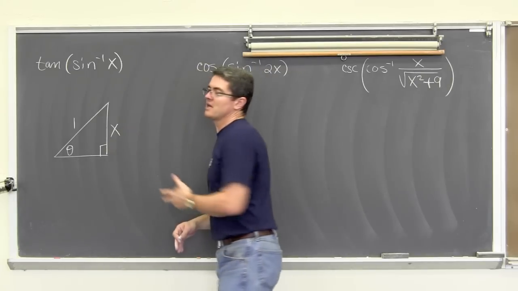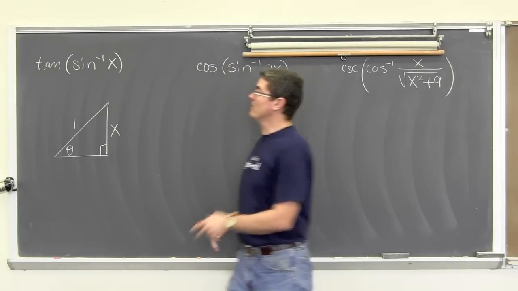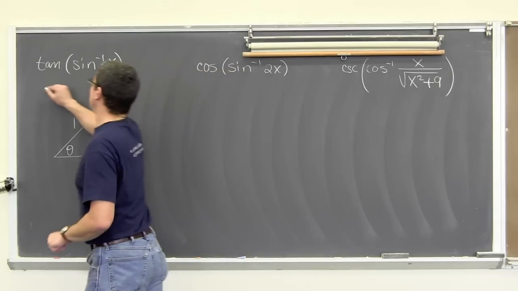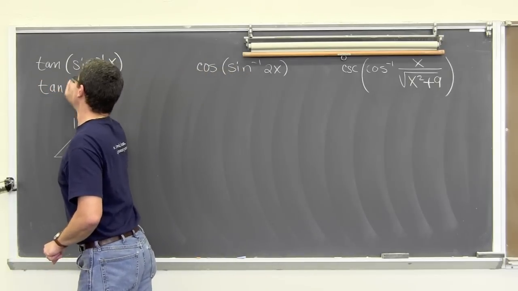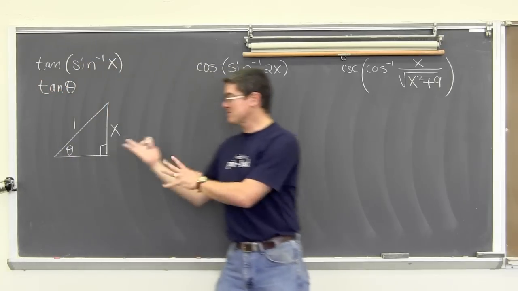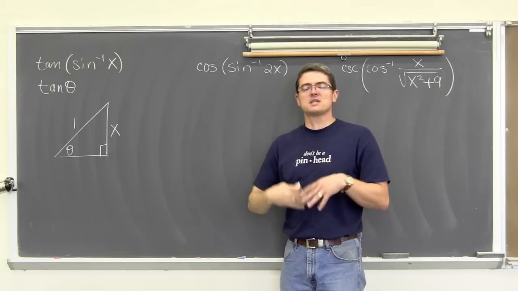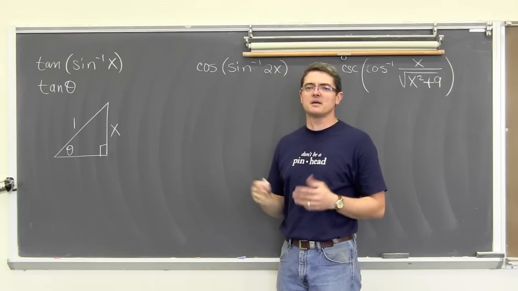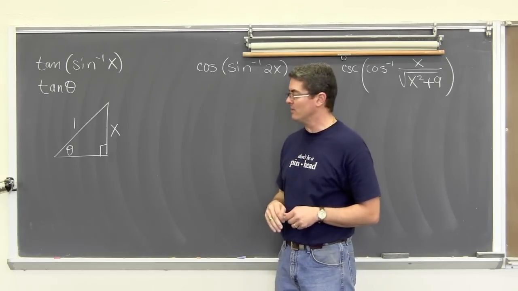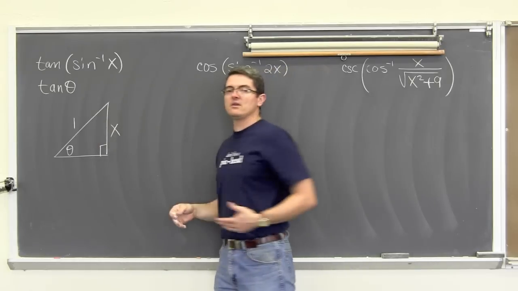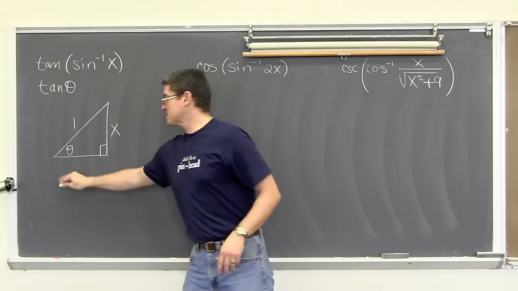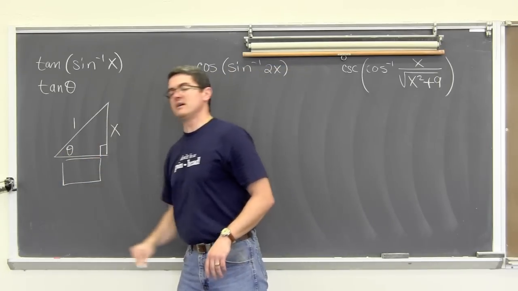So if we're going to set up the tangent function, because remember, from an inverse trig function, we get an angle measure. That's why I'm setting up this triangle, so I can set up, not find theta, but at least set up its right triangle. So we're going to work out the Pythagorean theorem because we're missing a side of a right triangle.